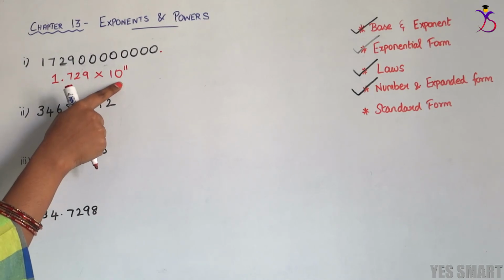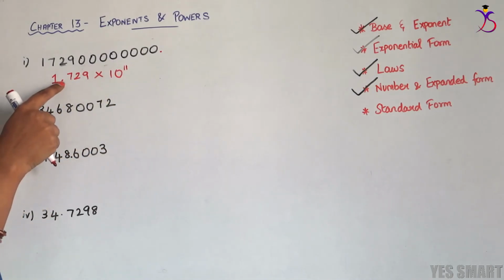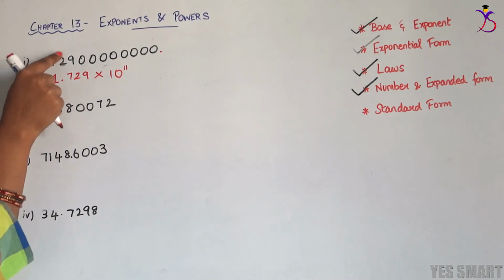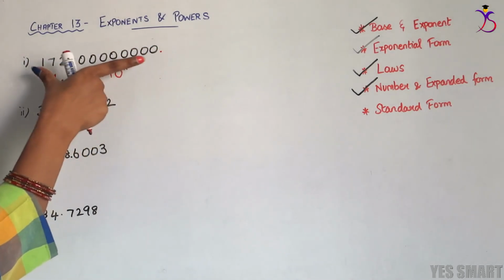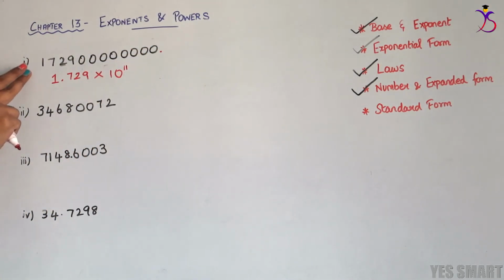If it is multiplication, the decimal dot has to move to the right hand side. We have to move 11 digits as the exponent part has 11 zeros. 1, 2, 3, 4, 5, 6, 7, 8, 9, 10, 11. So it is moved to the last. We got the question back. This is how a normal number is represented in scientific notation.